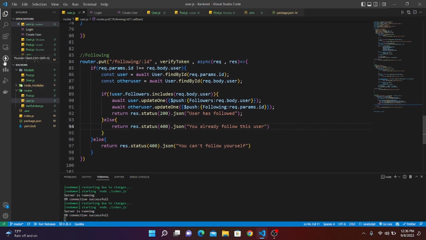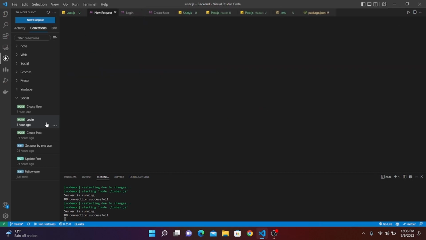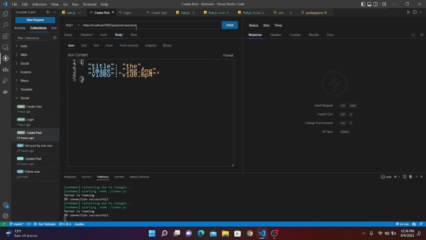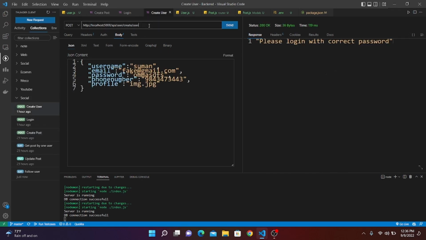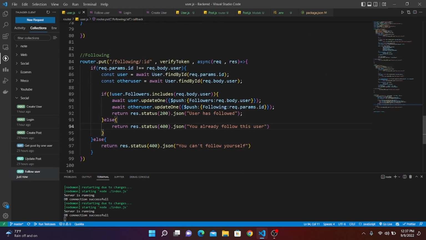So let's go in our Authentication folder, and here I'm going to add our new request. Let's write follow user, and now what I'm going to do is let's copy this, and paste it here, and instead of get I'm going to write a not post but put method, and let's delete this, and let's go in our user again, and let's copy our following,